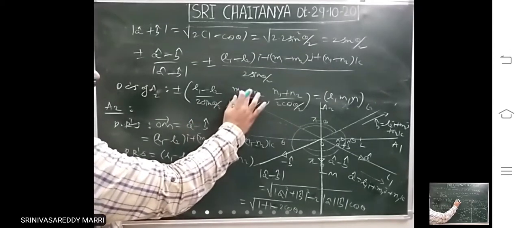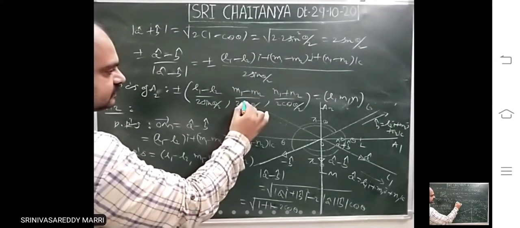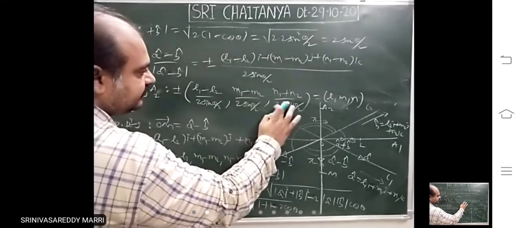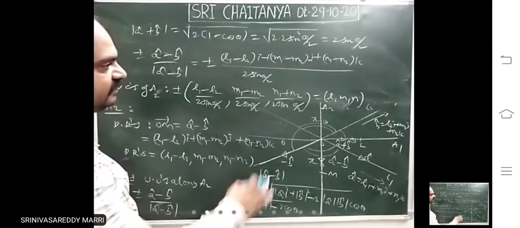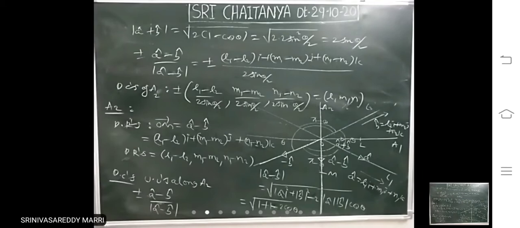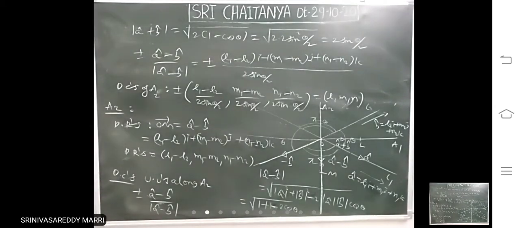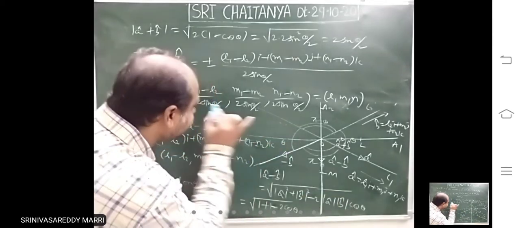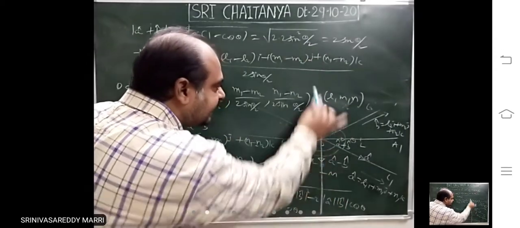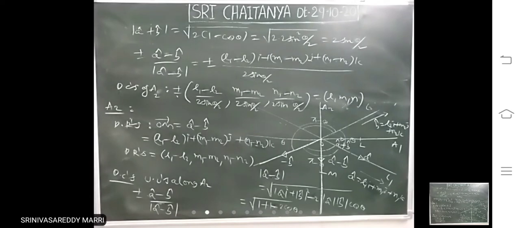Note down this. I will give some time. So just minus, and then sine you will get. The difference is that for the previous one you got cos, now you will get sine. N1 minus N2. These are the DCs of A2. This is the only formula I told. If plus, it means in this direction LMN. Minus means the same line, in this direction minus L, minus M, minus N will be there. Note down. Just the formula you have to remember.